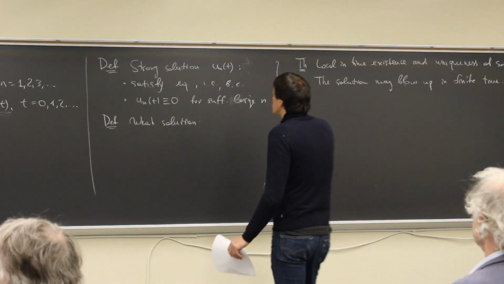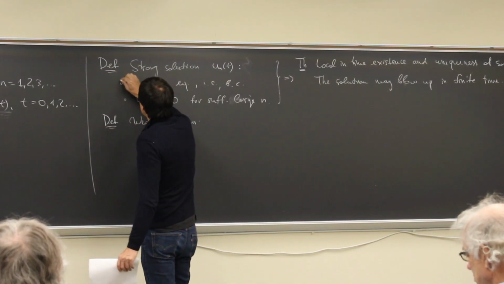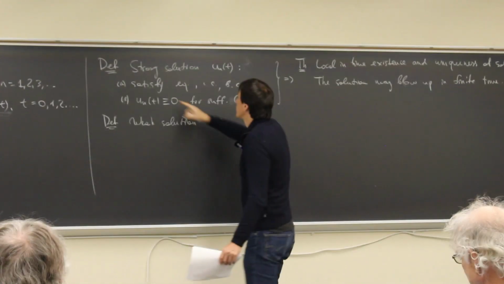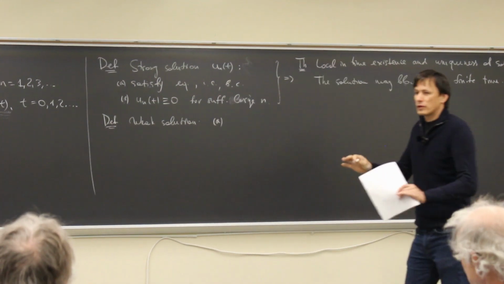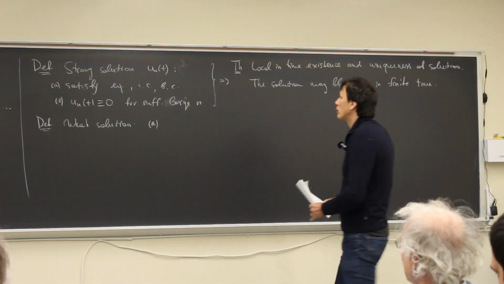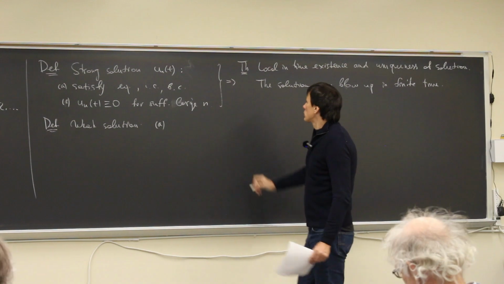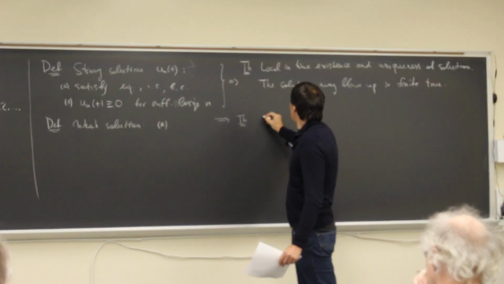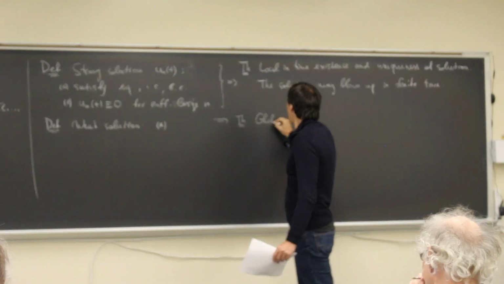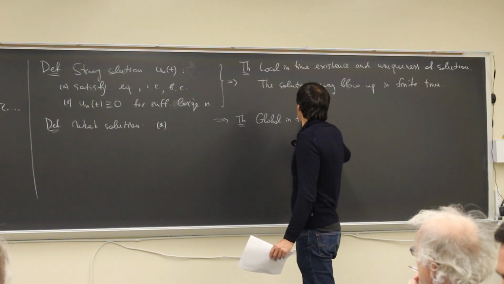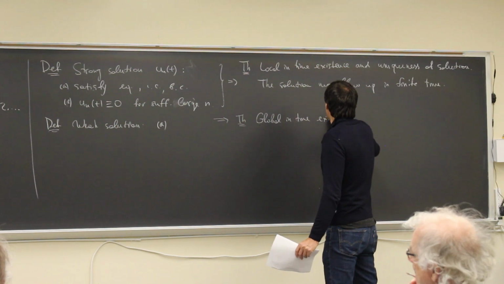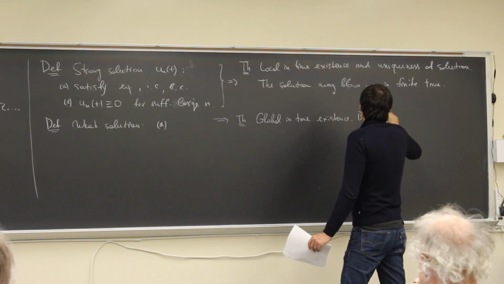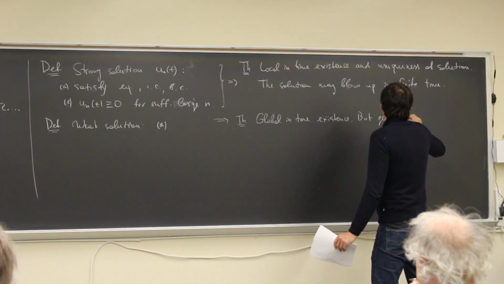So the weak solution is, let's call it A, and call the other B. When we only have A, so we only satisfy the equation, initial condition, and boundary condition, but we don't care about what happens at small scales, then in that case we can prove global in time existence, but generally a nonunique solution.